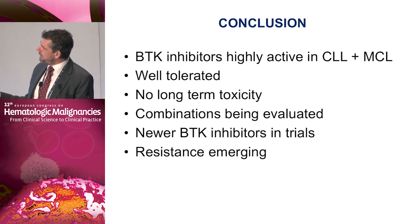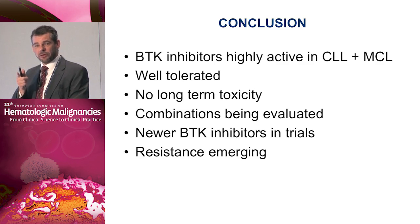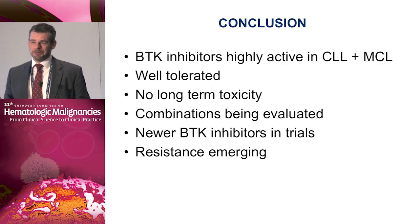So in conclusion, BTK inhibitors are highly active in CLL and mantle cell lymphoma, as I think I've shown you. They are very well tolerated. Ibrutinib is an extraordinarily well tolerated drug. And when I say the next generation are better tolerated, these are minor issues in many ways. There doesn't appear to be long-term toxicity. So we're not seeing an emergence of side effects in patients who've now been on the drug 4 years and beyond. Now, combinations are being evaluated in